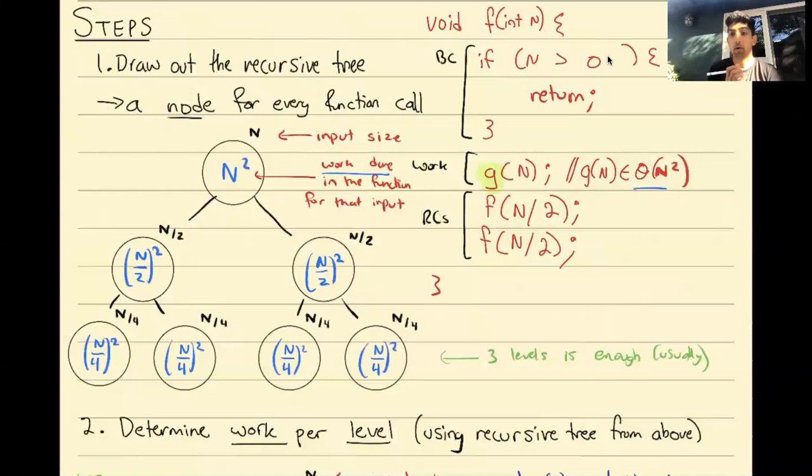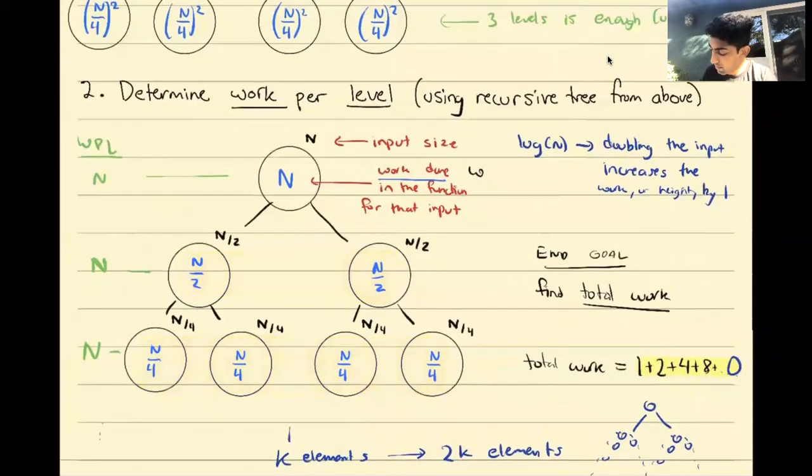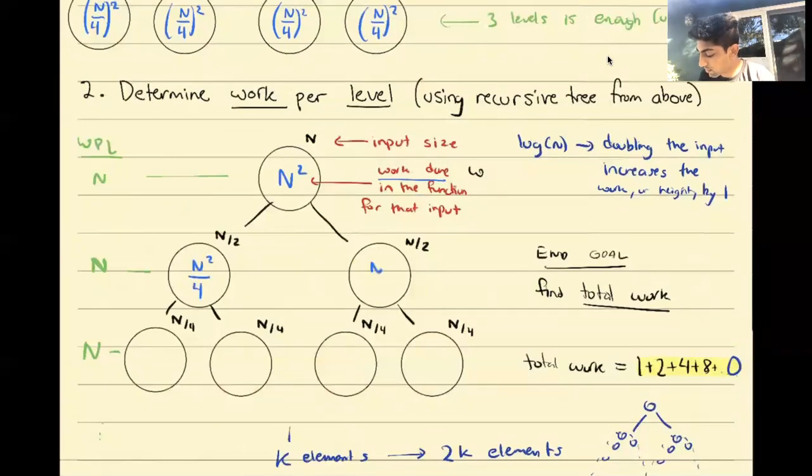Okay? And what we'll notice is that I'm going to quickly fill out a couple of these just so we can calculate the work per level, is that this will be n squared. This will be n squared over 4. This will also be n squared over 4. This will be n squared over 16, right? I'm just doing the math. And now what we'll notice is that the work done per level is the following sum,